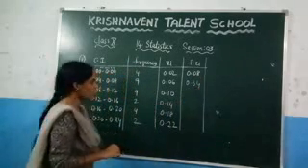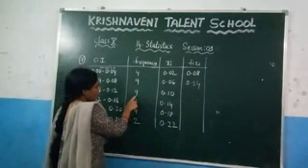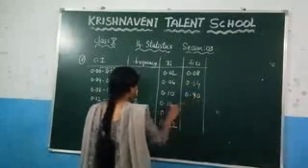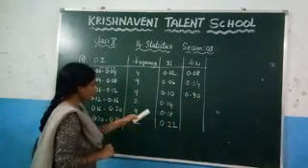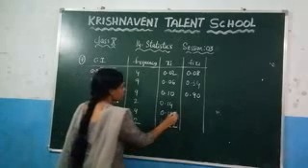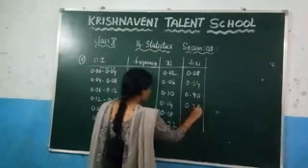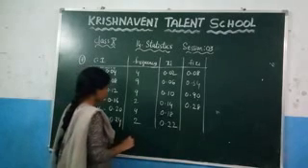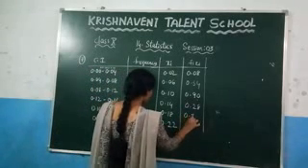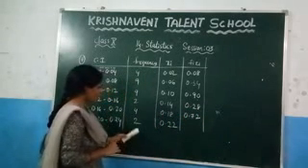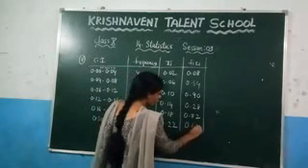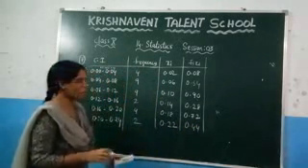And what is the value of 9 into 0.06, which gives you 0.54. And what is the value of 9 into 0.10? 0.90. And what is the value of 2 into 0.14? You will get 0.28, right? And what is the value of 4 into 0.18, which gives you 0.72. And after that, what is the value of 2 into 0.22, which gives you 0.44, right? We have just multiplied these values.